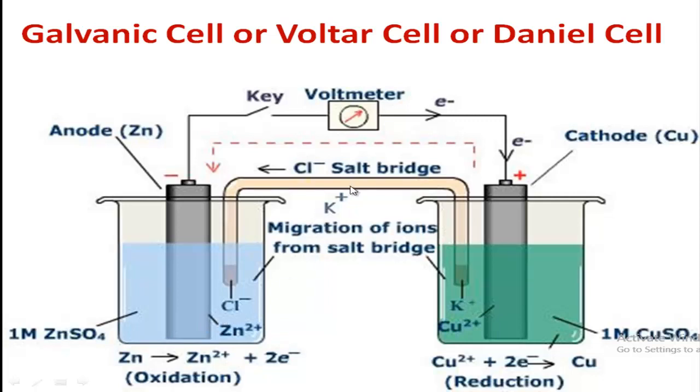For this, from the salt bridge, chloride ion comes and mixes with these electrolytes and balances the cations and anions. In this way, when these 2 electrons released by zinc go through the copper wire and reach